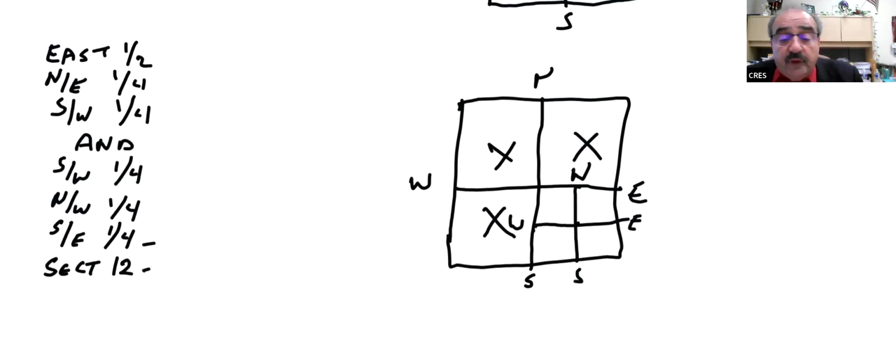What's left over here, I want the southwest quarter of what's left over. Southwest, east, north, which is here, which means I don't want this. Now I get to the word and. So I'm going to keep what I found, which is this right here. I'm going to fill this in. Then I start all over